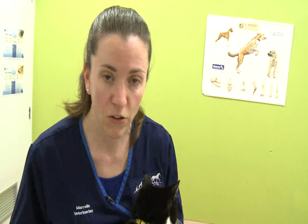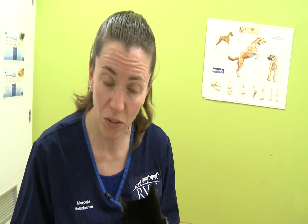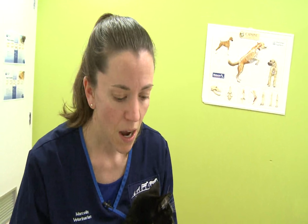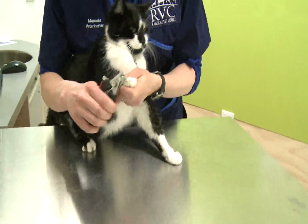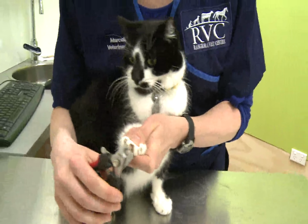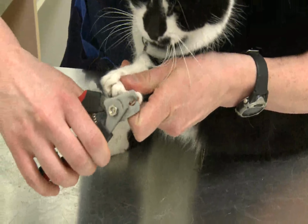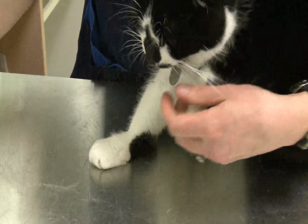Quite commonly in older cats, you'll notice they get their nails caught on things because the muscles that retract the claws become quite weak. Something we commonly see in cats with hyperthyroid disease, but it can happen for any reason. So what I'm going to do is just trim his nails. He's not a fan, but that's all right. And we just trim the tips off so the sharp bits are gone,